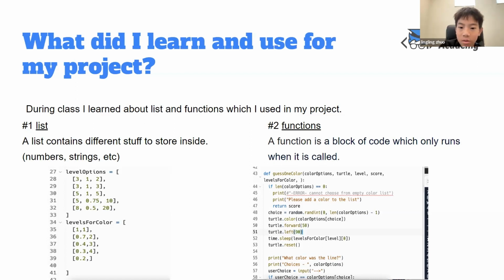For the second code I learned, it is about functions. A function is a block of code which only runs when it is called. It often starts with def, which means define, I think. And it is helpful when you can do the code several times, and when you are called to use that code,